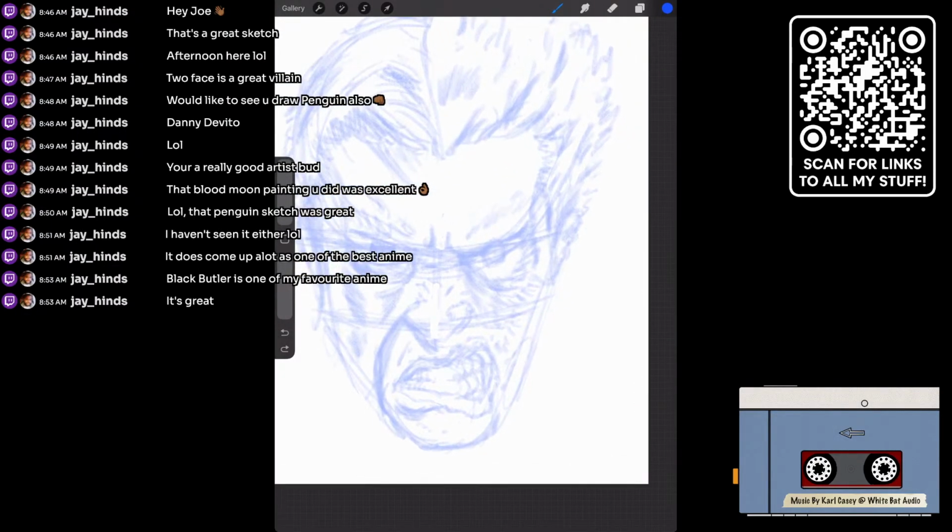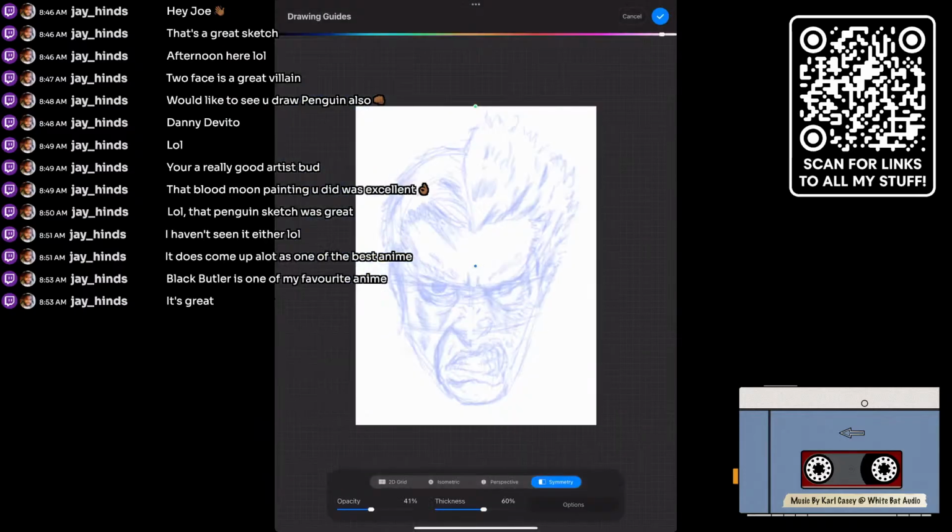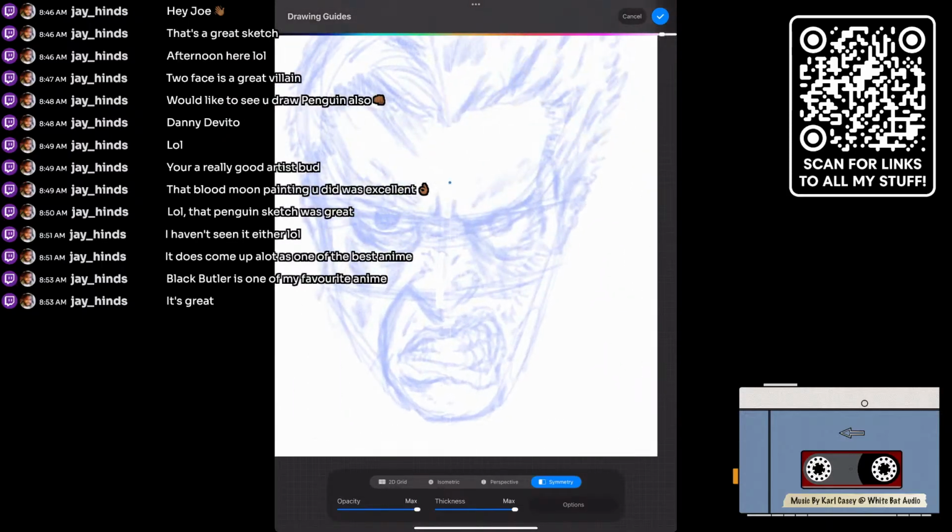Why can't I see the center line? It should be more. Oh, the opacity of it. Does that make it easier to see? Oh, I know why. It's white. There we go. Jeez. Thickness doesn't matter as much as long as I can see it. So 50 is probably good on there.